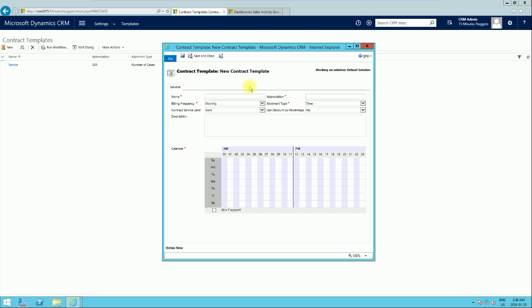So we're going to set up a new contract template. Currently, like I said, we have just the service, which is based on number of cases. So we'll try to set up another one which is going to be based on coverage date. So we're going to call this coverage, and we can call it COV. You can use any abbreviation, and you can put in a description,